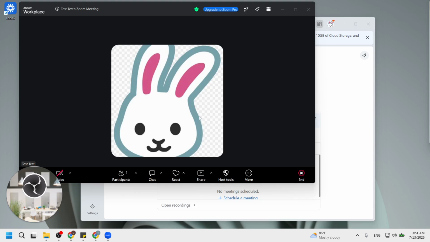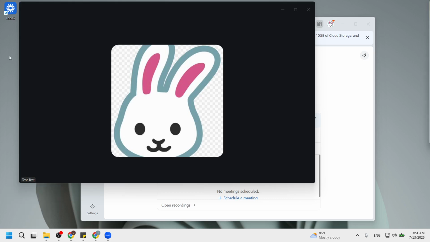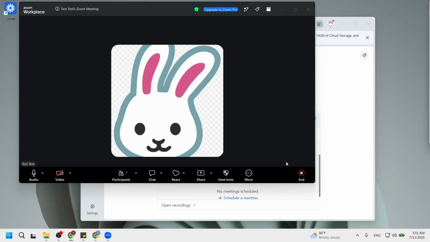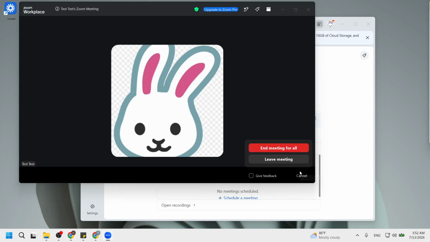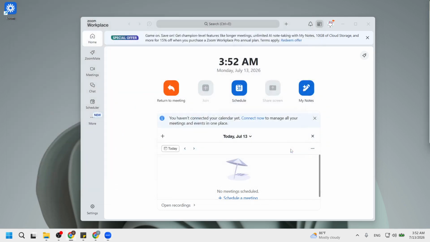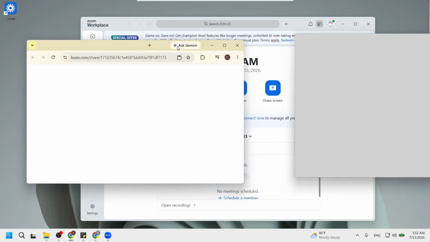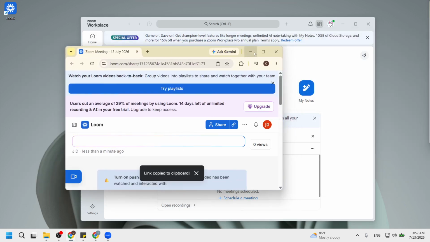Finally, when the meeting ends, click the red Stop button on the floating Loom control menu. This action stops the recording and ensures that your changes are saved. You will see a confirmation to indicate that your recording has been successfully captured. This step is crucial as it allows you to finalize your recording process and ensures that all of your valuable content has been preserved for sharing later.